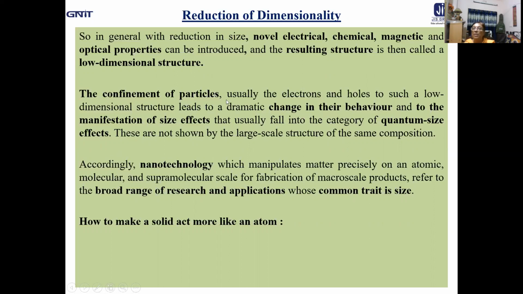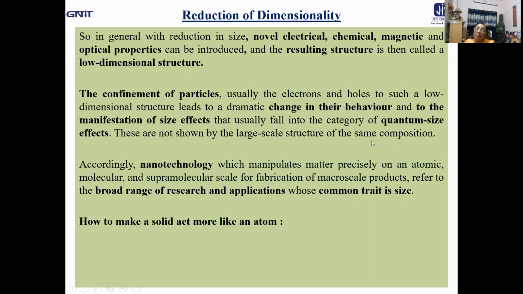The confinement of constituent particles in the form of electrons and holes in materials like conductors and semiconductors to a low dimension obviously leads to a dramatic change in their behavior and to the manifestation of size effects, which fall under the category of quantum size effect, and these are not at all shown by the